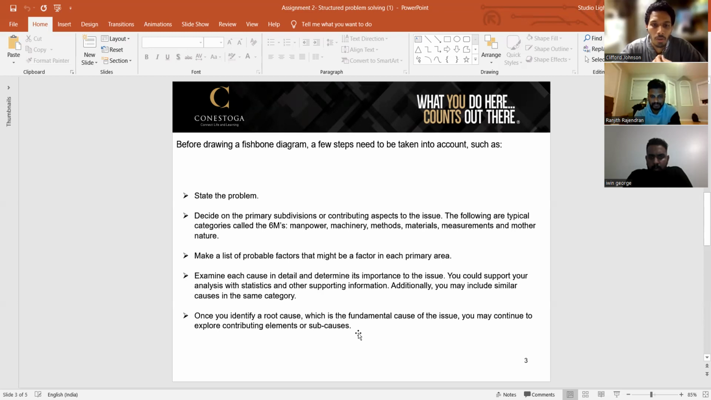Once we find a root cause, which is the fundamental cause of the issue, we can continue to explore the contributing elements or subcauses. So we would like to explain the fishbone diagram with the help of an example, which